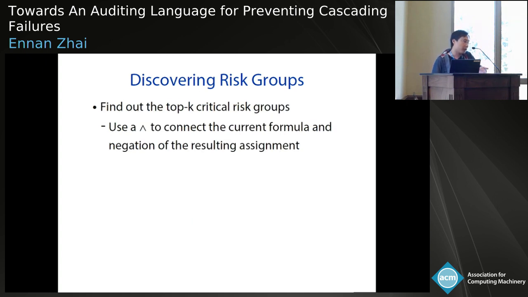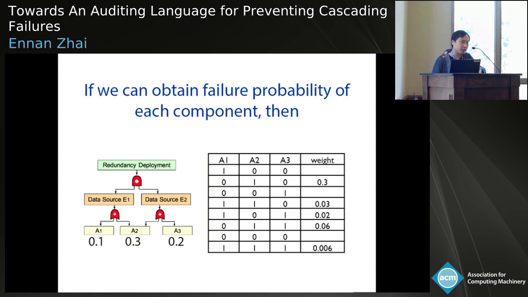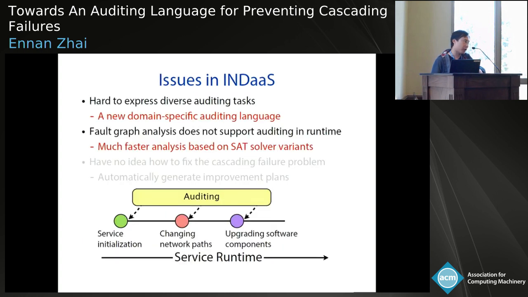And because we want to find the top K critical risk groups, we can use a disjunction operator to connect the current formula and the negation of the resulting assignment. And we get a new Boolean formula, and we put this new Boolean formula into the SAT solver, and we can get the top K critical risk groups. If we can get the failure probability of each component, we can get a much better result because we can set the weight of the Boolean expression as the failure probability. So far I have presented how we solve the former 2 problems